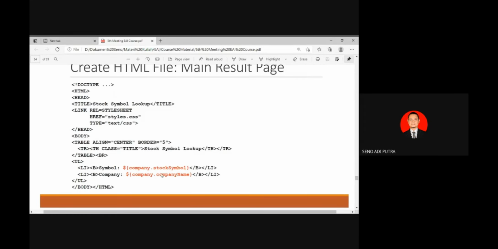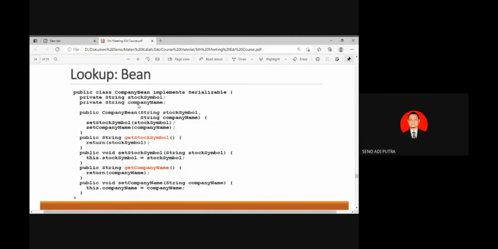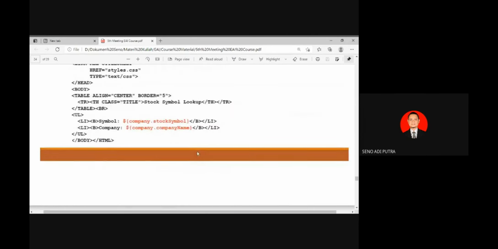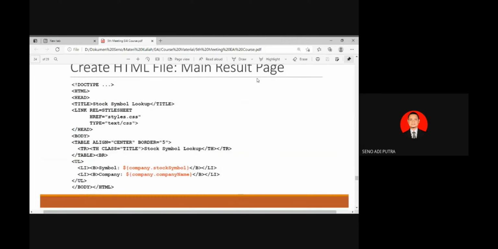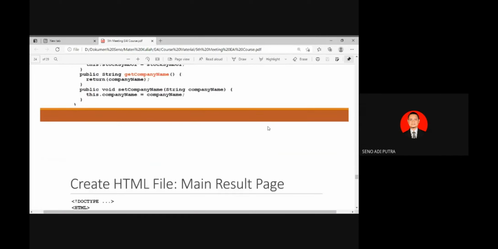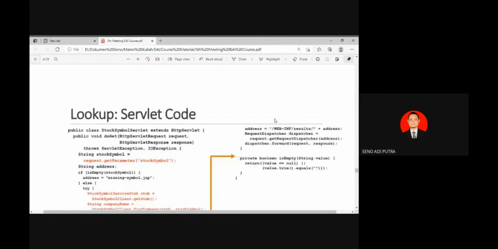This will call the company with its own variables, stock symbol and company name. So make sure that this main result page is put in this directory: WEB-INF, result, and address.